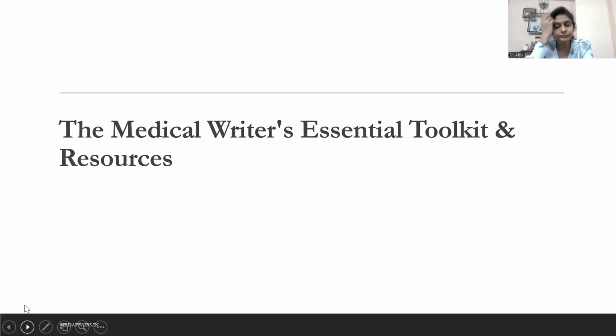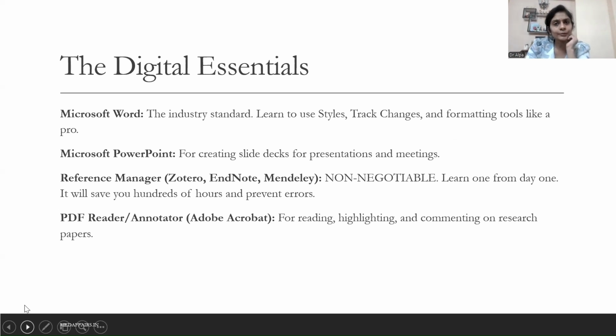So something like that. Now coming to the third part of the session, which is on what all online resources and digital tools we need to make our work more efficient and easier. So talking about the digital essentials, this is nothing new. We should know how to work on Microsoft Word. For making presentations, we should be handy with Microsoft PPT. And then, yeah, reference manager tools like Mendeley and EndNote, this really comes very handy